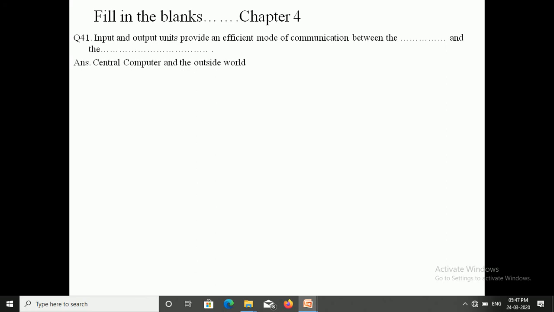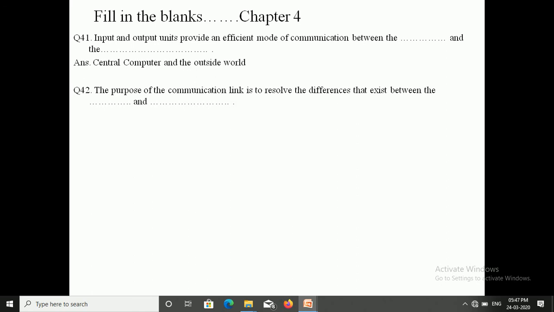outside world for communication. The next fill in the blank: the purpose of the communication link is to resolve the differences that exist between the dash and dash. The correct answer is central computer and each peripheral because